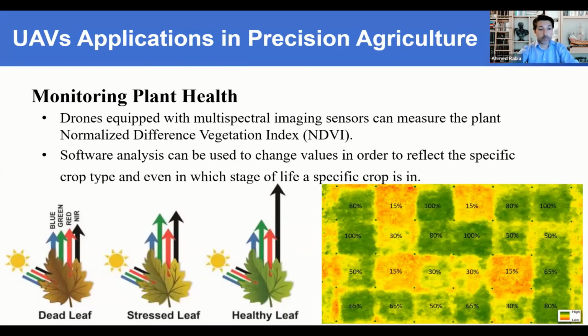So if you see here, for example, the healthy plant will show a specific signature in the near infrared or the red, green, blue, based on the absorption or the reflectance of these plants. The stressed plant will show different signatures. Of course, the dead leaf will show a totally different signature. So you can differentiate between the healthy plant, the stressed plant, and the dead plant, and then you can show the farmer, for example, a map of his field showing how much exactly is affected,